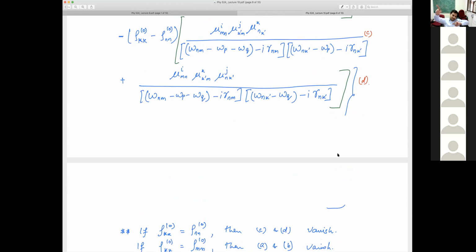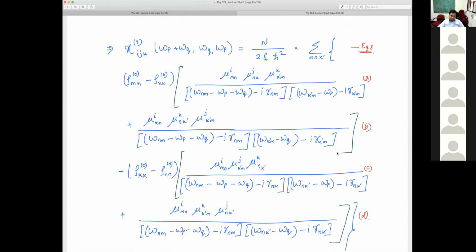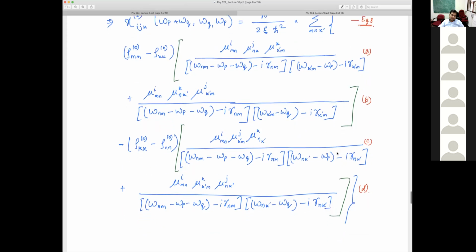So I need either excitation from one side to the other, or vice versa. There is more population on one side and less on the other, so it has to go from one to the other. So I need either of these imbalances to have this actually. And these imbalances are the way to design which term will dominate and which term will dominate less, and accordingly I'll get either sum frequency generation or difference frequency generation, and so on and so forth. So that's all I had to talk about second harmonic generation, except for one final point, let's say.